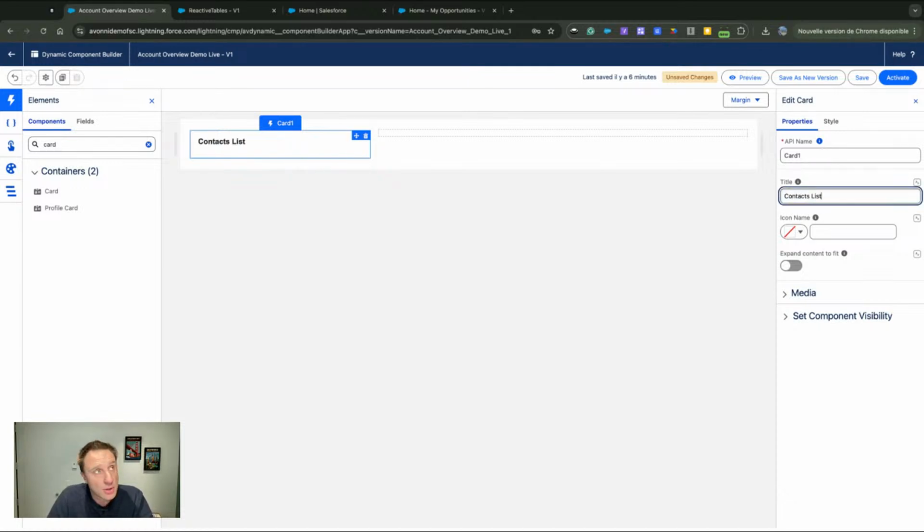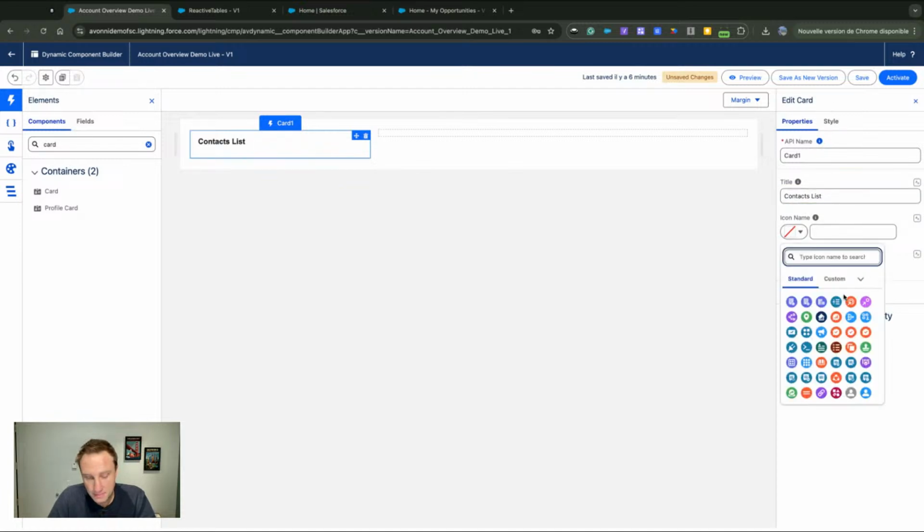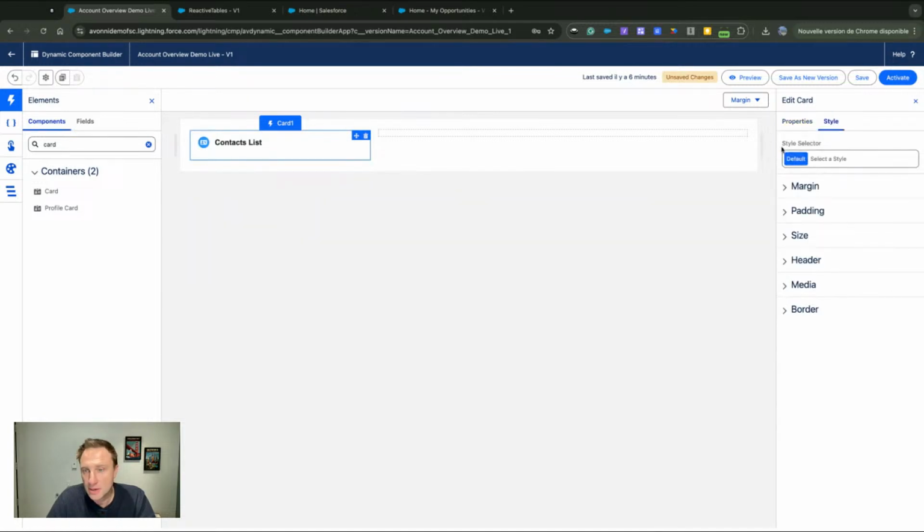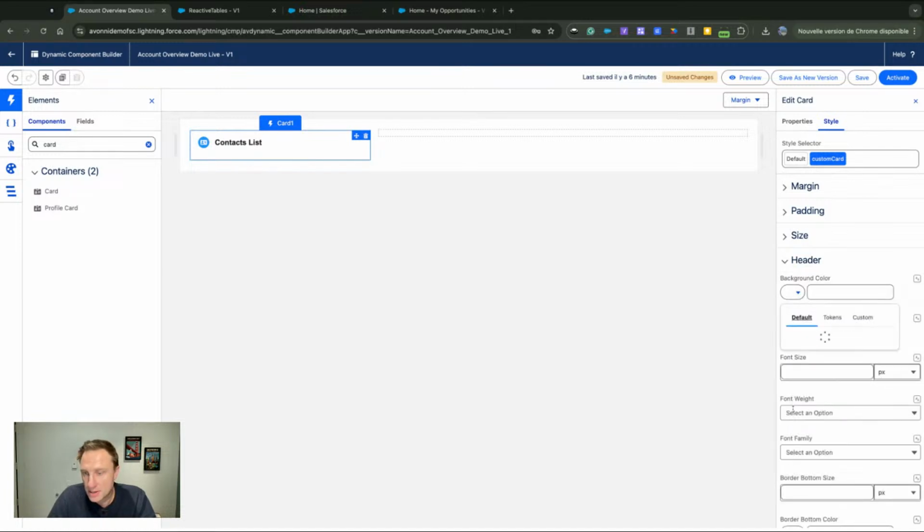Contact list. So I want to display a list of contacts based on that specific account page. So that's my card. Here I will say, let's pick up an icon. And let's play with the style now. So style, you can also create your style selector. Basically, you can create your custom style class. So custom card,